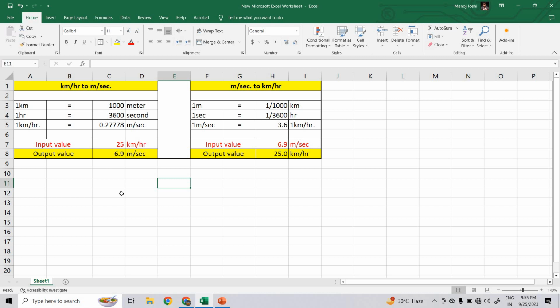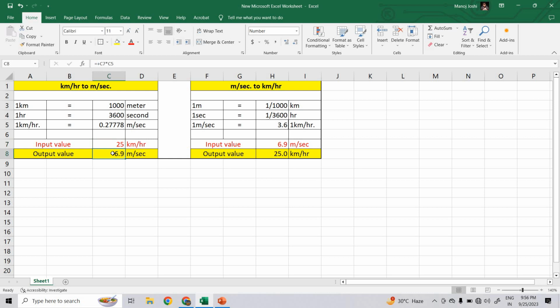Hello everyone, in this video we are going to discuss a very simple unit conversion, that is how to convert kilometer per hour into meter per second, right? And after that we will see how to convert meter per second to kilometer per hour. Okay, first of all we will see the scenario, how both are linked together, and after that we will